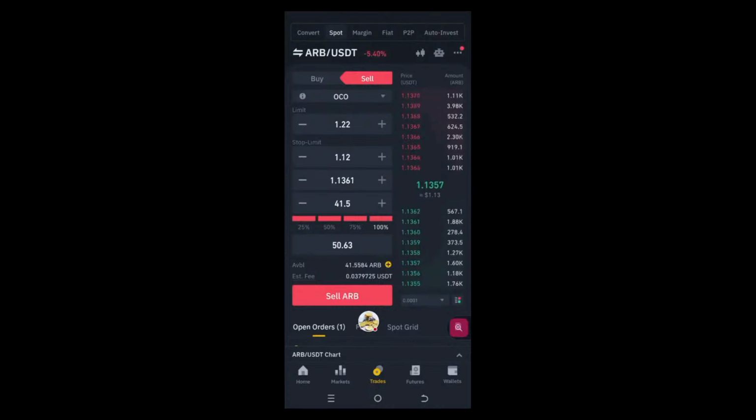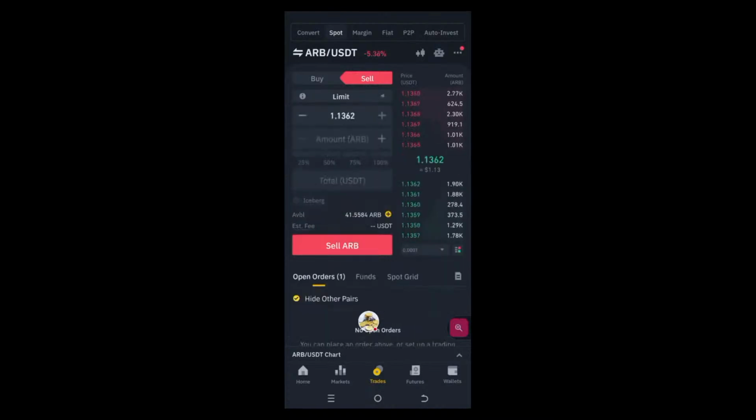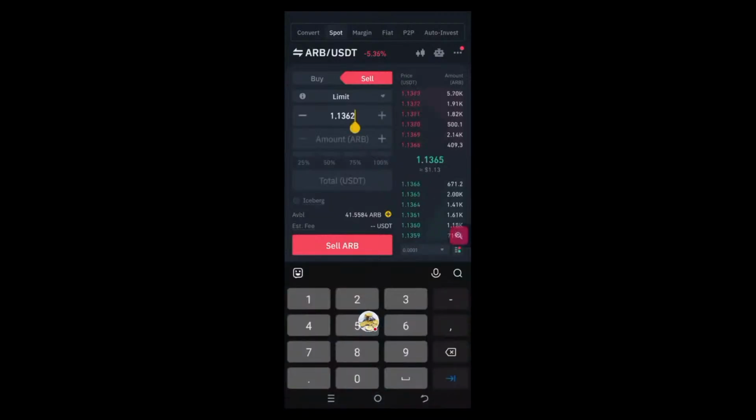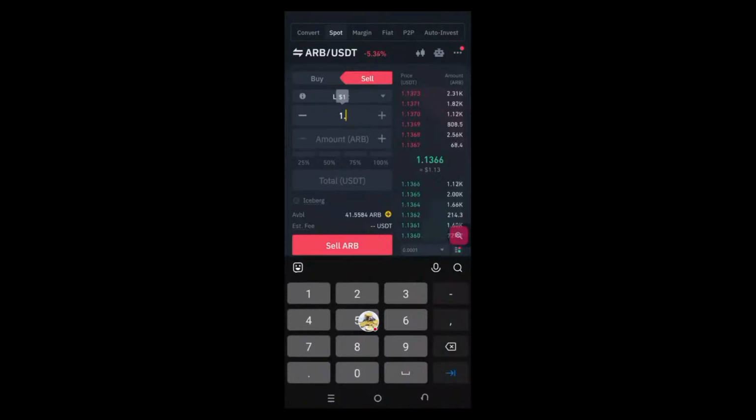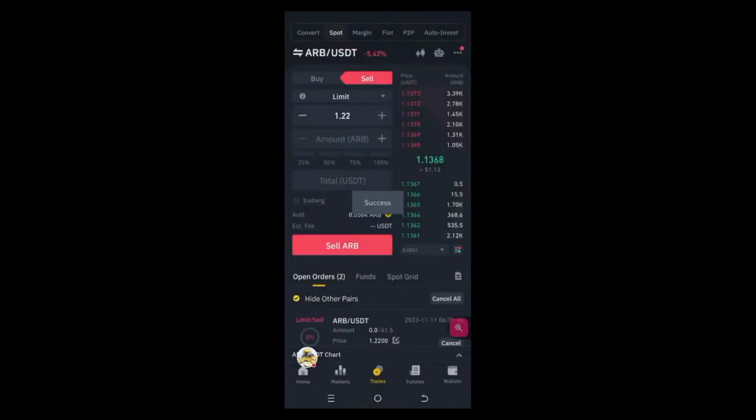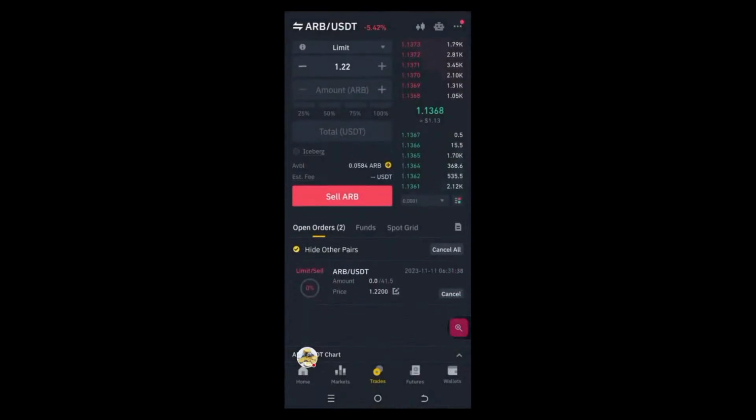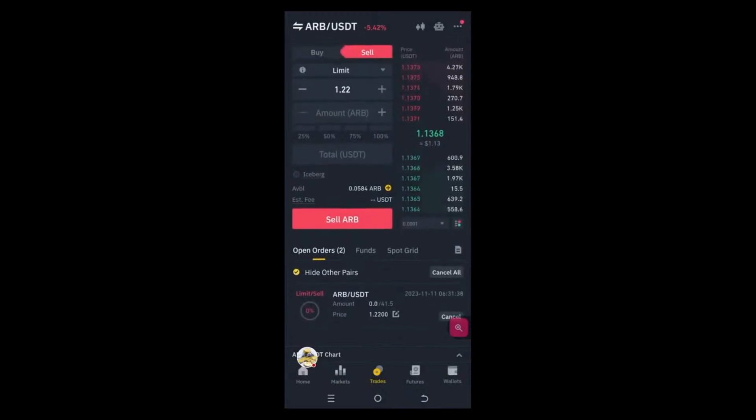Now, that's just the difference, right? Let me go to limit, because this is my absolute best. For limit, I'm going to set the price I want, okay? So I've said I want it as 1.22 for now, because I want to just get some minimal profit and I'll be out. Pick up the 100%, be okay with my 63 cents, and I go up. That's like 1.3%, okay? And now if this takes me 1 day to get there, my money is still safe. It's not going to cancel. If it takes me 2 days to get there, my money is still there. It's not going to cancel. So for me, I hope I've been able to convince you and not confuse you that